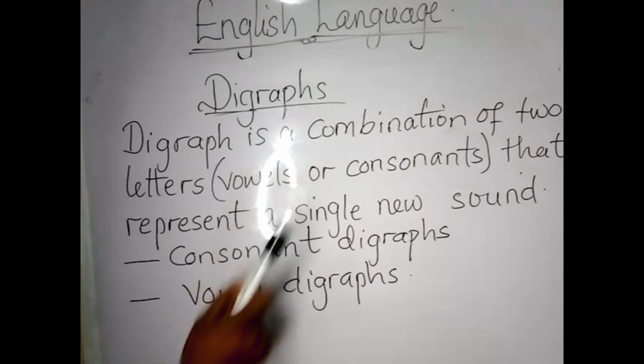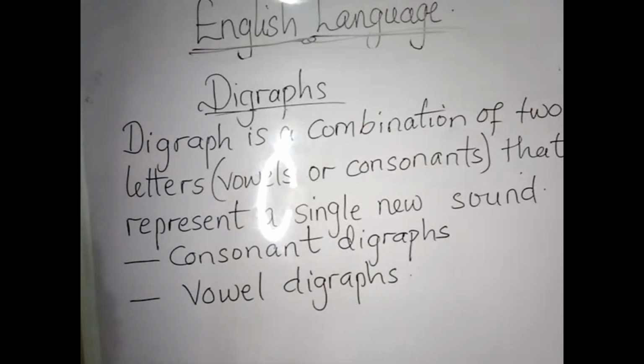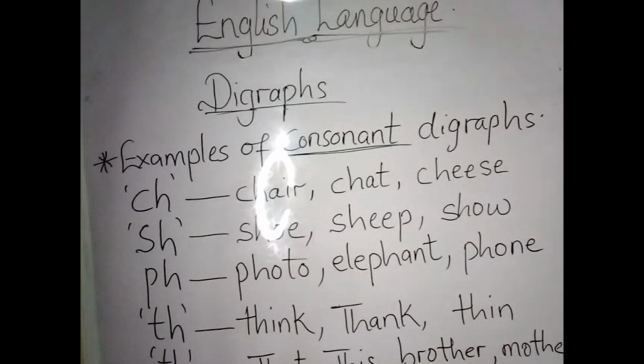So we have consonant DIGRAPHs, and that is when it is consonant letters that combine. And then we also have vowel DIGRAPHs. That is when it is vowel letters that combine. So we are going to take the consonant DIGRAPH first. We look at it and see some examples, and then we'll go on to vowel DIGRAPHs. So some examples of consonant DIGRAPHs are